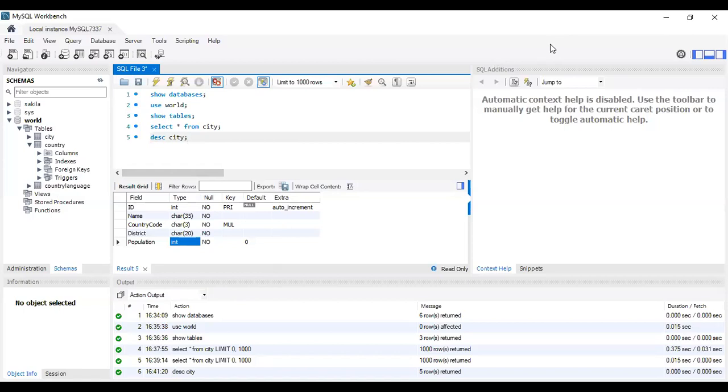Some third-party GUIs are also there, even Oracle SQL Developer. By using Oracle SQL Developer also, you can connect to your MySQL server. If you want, I'll show you that Oracle SQL Developer too. But we are not going to work with Oracle SQL Developer. We are going to work with MySQL Workbench only, or the command prompt. So I hope it is enough. Either you can use the command prompt or a GUI; if you want a GUI, you can use the inbuilt GUI interface, MySQL Workbench.